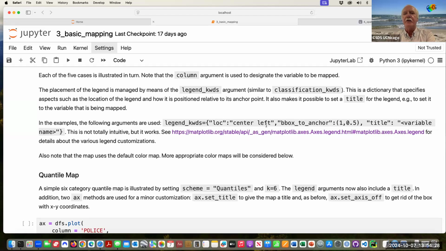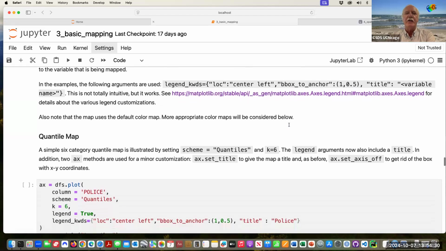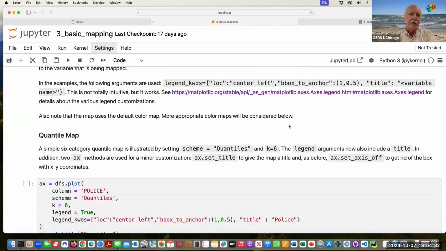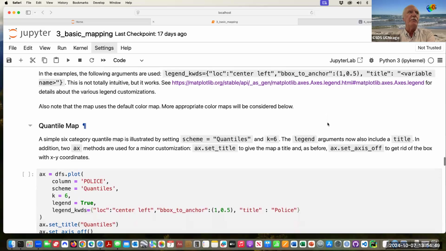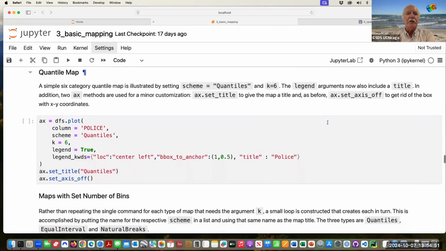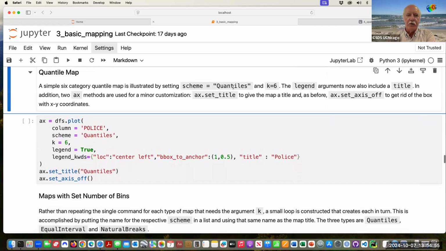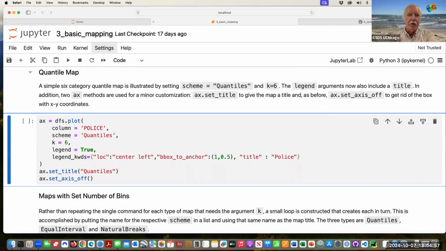You can manipulate the location, how far it is from the map, whether it has a title or not. Those things are very technical, but basically you can do anything you want. Just look it up in the documentation. I just use this one as kind of my standard go-to, and it works for most of the examples that we have. So let's go through a couple of examples, and we're going to start with a simple quantiles